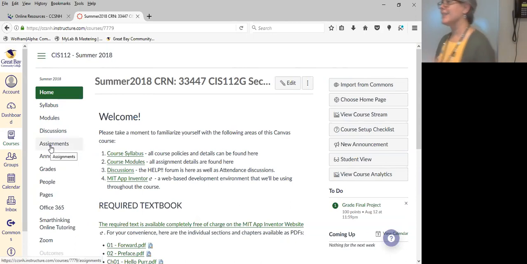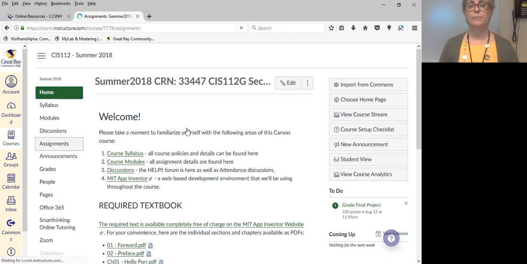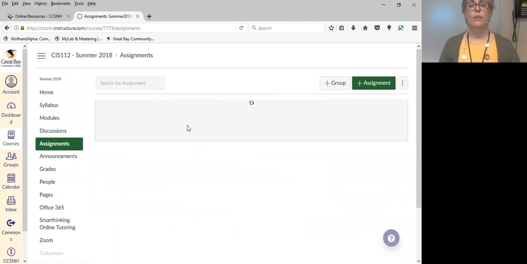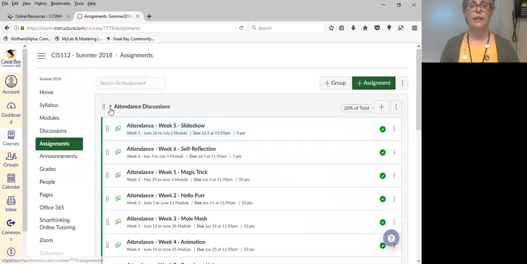So it's at the assignment creation point that you decide that you're going to use Turnitin. You can use Turnitin for one assignment and not for another. It's totally assignment based. So if I go into assignments,